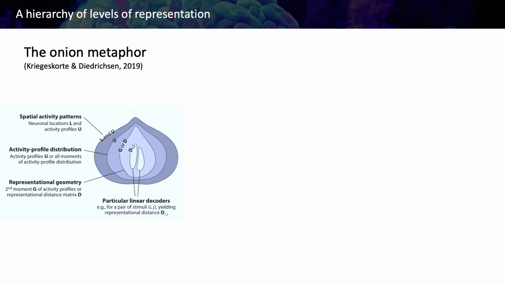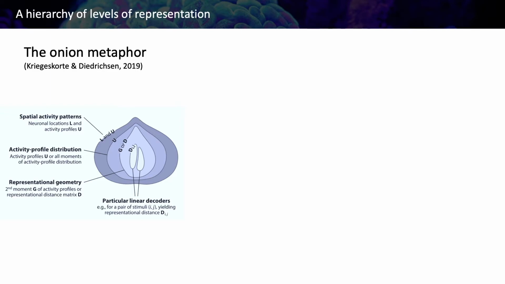Then if we move a little bit in and we peel off the external skin, what we get is the activity profile distributions, which can then be transformed into the representational geometry. So once we move to the representational geometry, we have already lost track of the activity profile information. We don't know, and we don't actually need to know, how the information is distributed across the different sensors or different units, like the voxels or the electrodes. What we care about is how the abstract distance between the different features is represented in the brain.